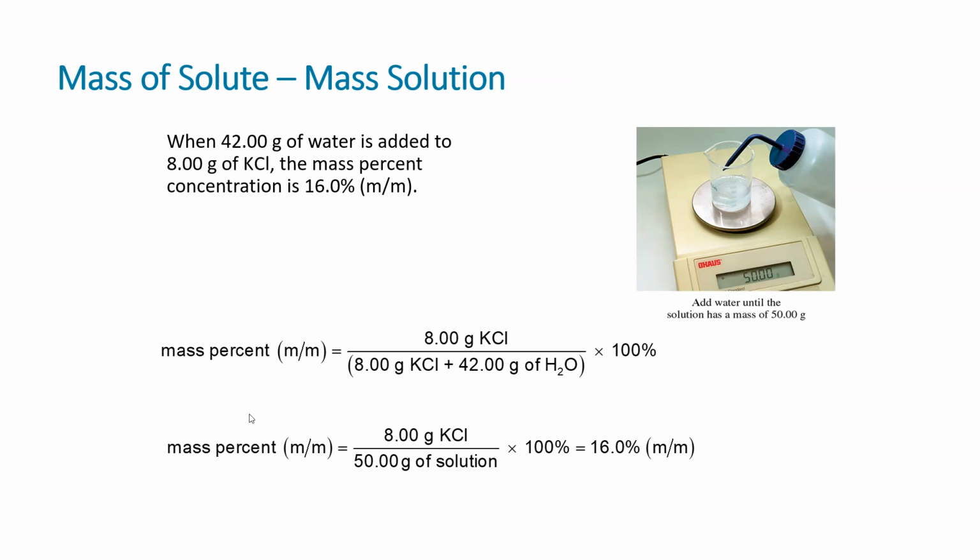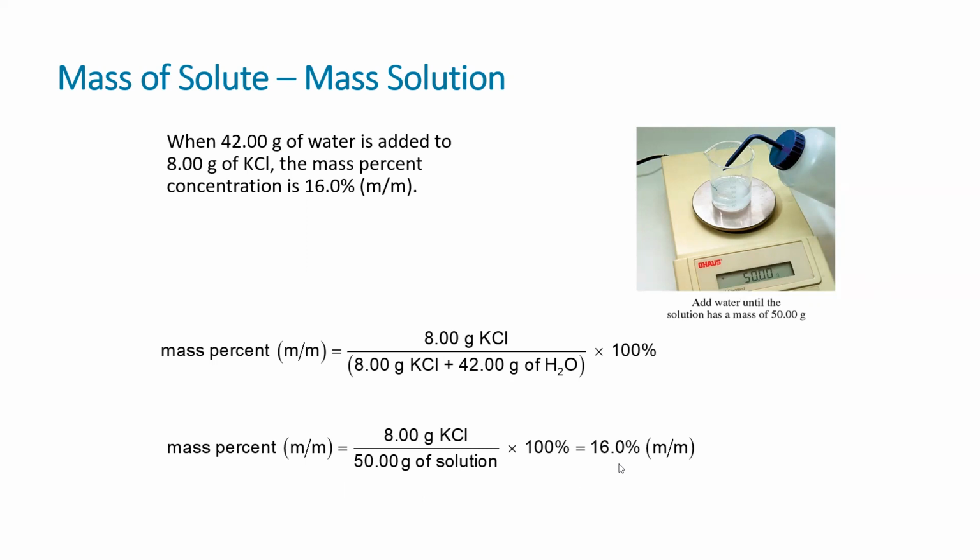So to calculate the mass percent, they take the 8.00 grams of, somehow this changed to potassium chloride when it was potassium iodide on the previous slide. Not sure how that happened, but we'll just pretend it's the same thing, of the solute. And then the total mass of the solution, which we can see here is 50.00 grams, times 100,